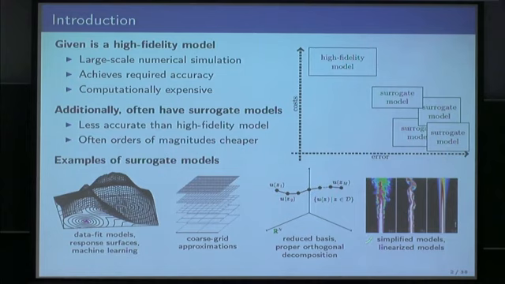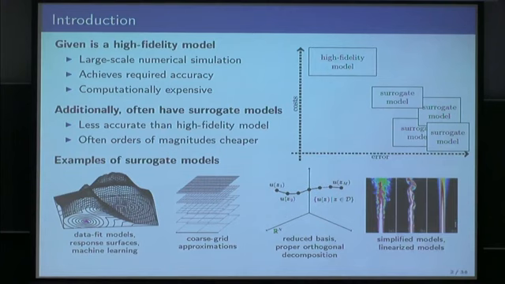Gianluigi and Boris already talked about reduced models and model reduction, so we can use these projection-based reduced models also as a surrogate model. And even in some situations, we might have simplified models, so simplified physics models available, where we have some domain knowledge about the high-fidelity model and can drop some physics that might not be that relevant, come up with a surrogate model that introduces an approximation and gives us that approximation with much lower cost than the high-fidelity model.